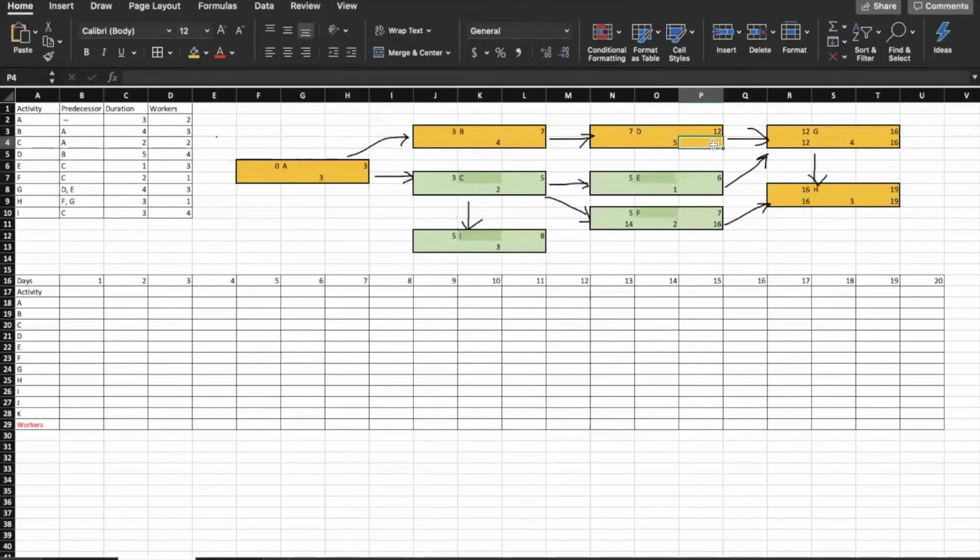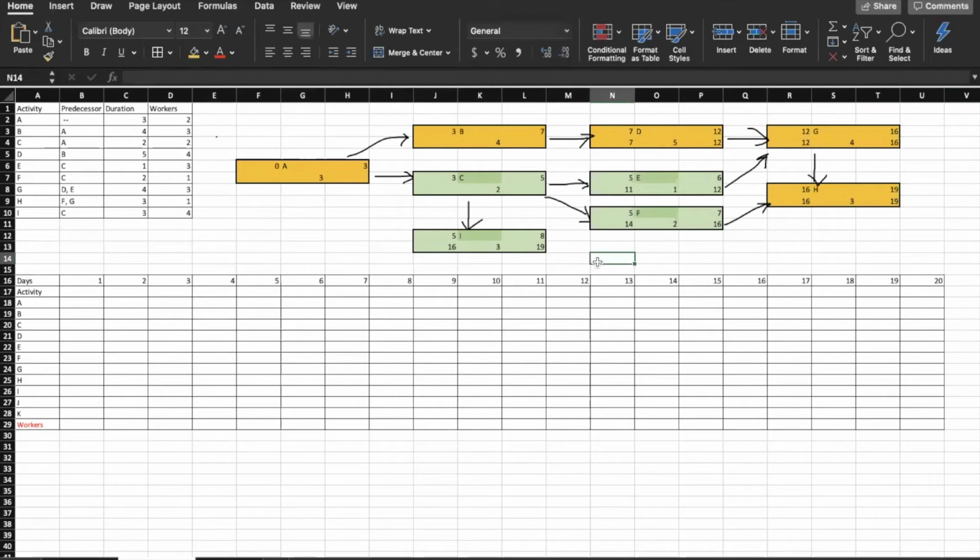So now looking at the predecessors, D needs to be done by the 12th, the same as G, which gives us starting dates for D on the 7th and for E on the 11th. Now looking at I, it has nothing that needs to be done afterwards. So it can be finished on the last day, which is the 19th, which means that it can be started as late as the